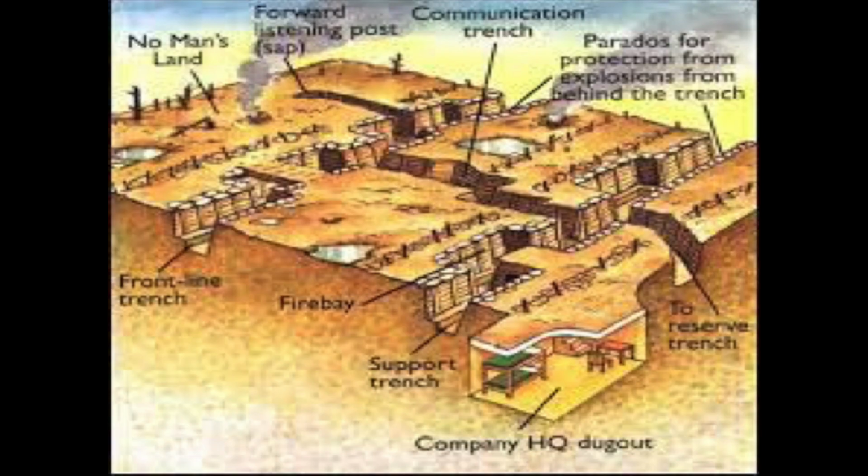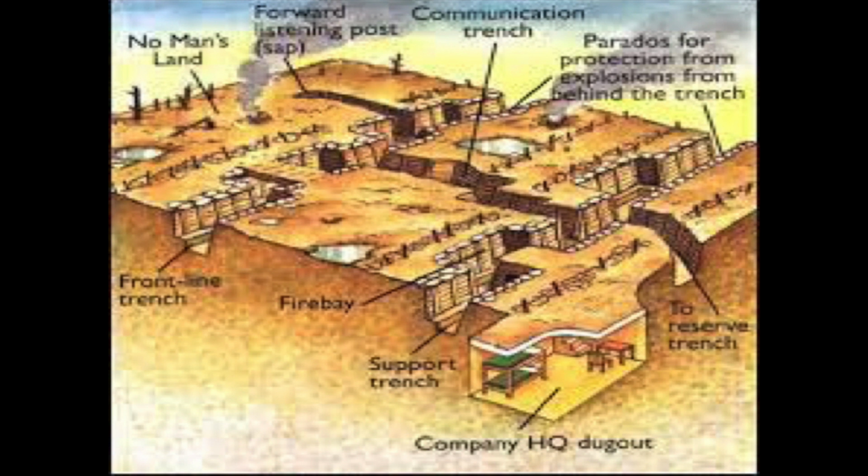All right, so what we see here is a diagram of a trench. Essentially, a trench is where people lived, they ate, they slept. Everything was done in the trench. Towards the back is where you had the living portions of the trench, where you got your food, you got your ammunition, etc. Towards the front was the fighting portion of the trench, which is where soldiers would prepare themselves